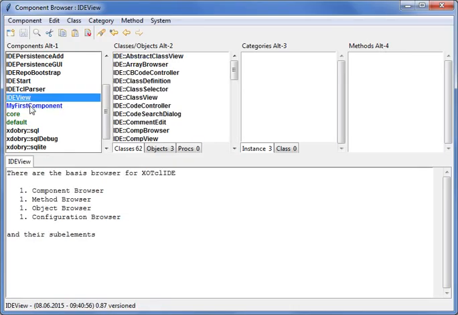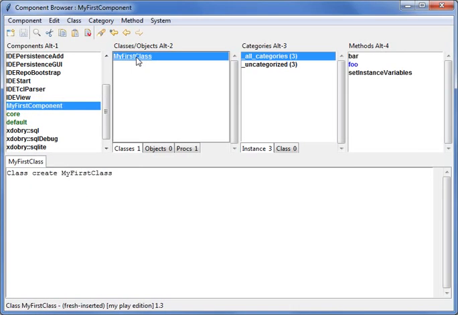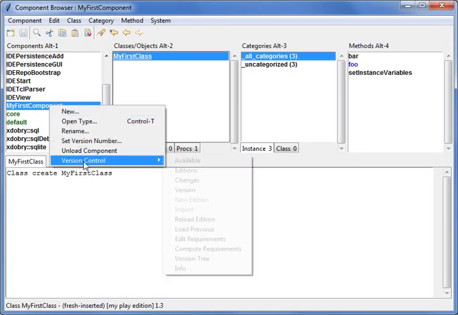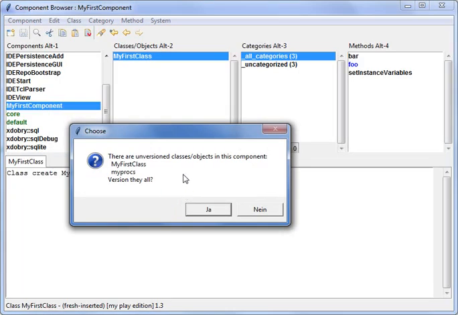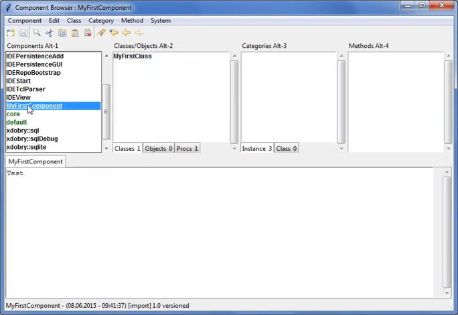Let's make a version of it, version it. I get information that there are unversioned objects in it. I can version it all. I will version it, and now it is black, so it's versioned.